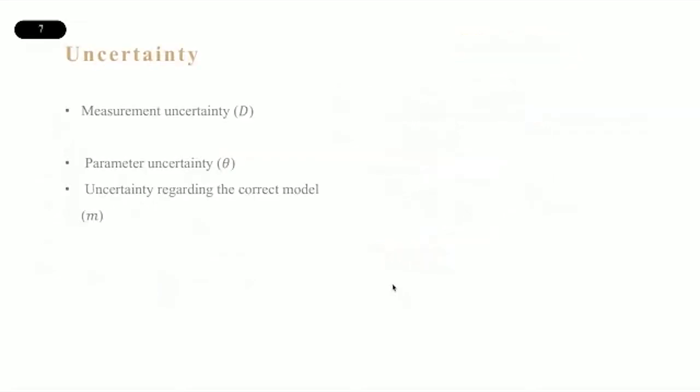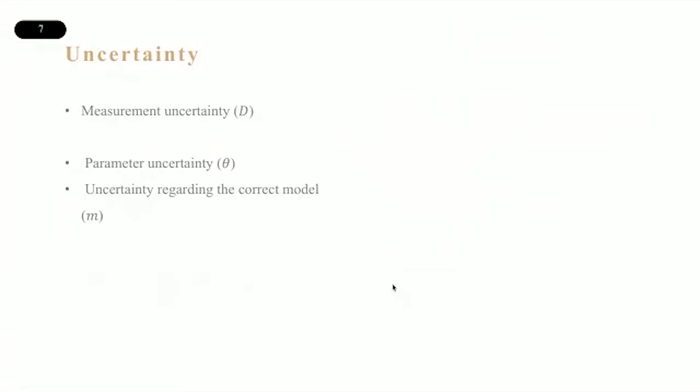What I didn't discuss so far is about the uncertainty, and the uncertainty is intrinsic in every data that we see. In other words, uncertainty actually says that we're never sure about what we see, and also we're never sure about the assumptions that we make. So we need to introduce this uncertainty, to encode this uncertainty into the model.